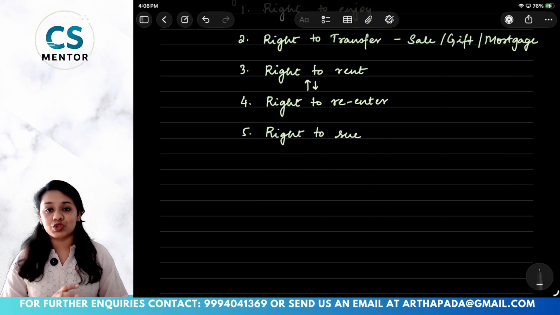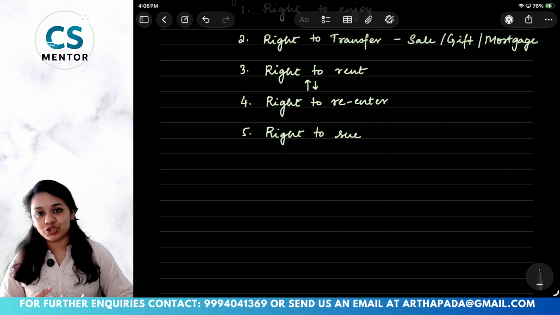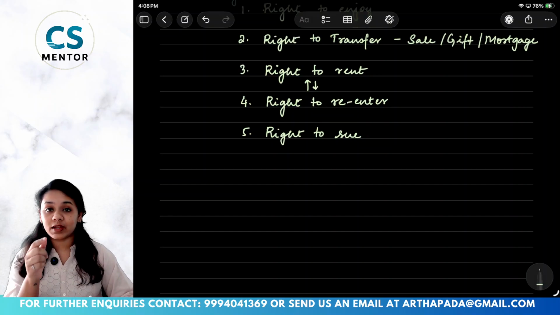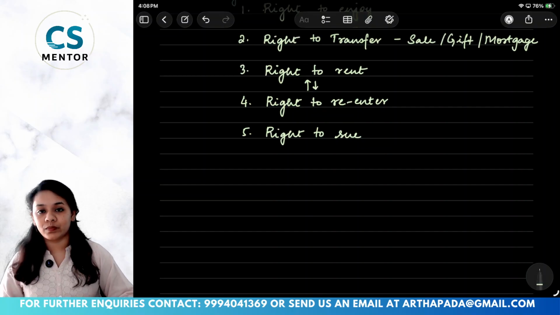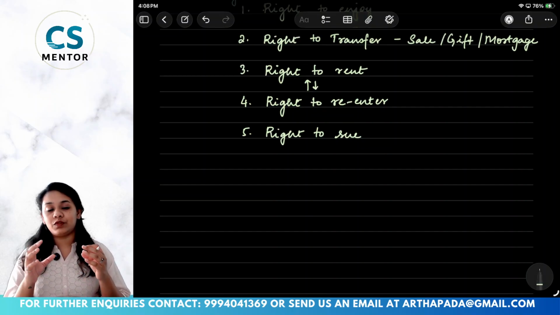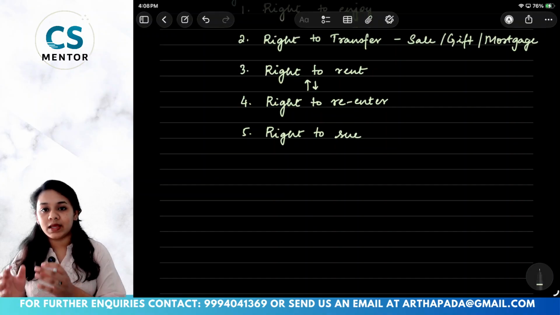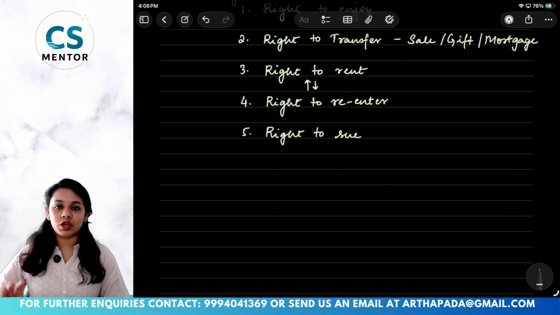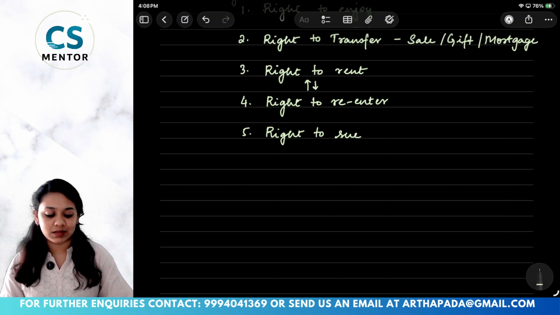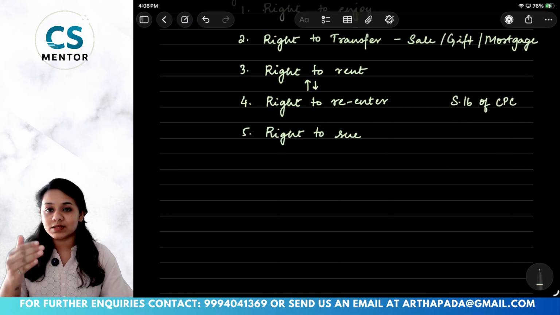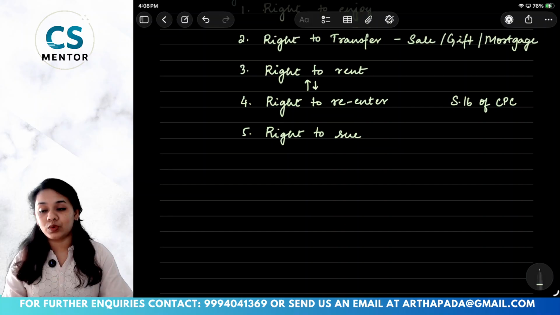The right to sue. So, if someone causes any damage or harm to your property, then you have every right to go and sue them in a court of law. Now, friends, if you had completed your module 1 where you studied jurisprudence, especially the Civil Procedure Code, you would have seen that section number 16,